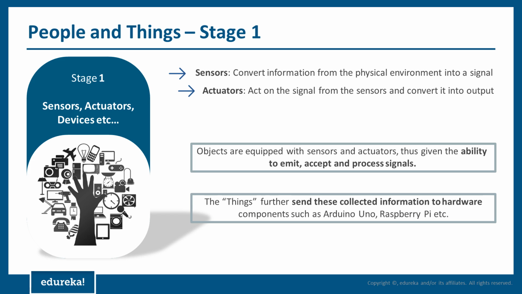And what is an actuator? It acts on the signal from the sensor and converts it into a digital sort of an output. So most of the time you'll see sensors and actuators are combined into one entity, and largely this term is used interchangeably. So objects are equipped with sensors and actuators, thus given the ability to emit, accept and process signals. Just like I took an example of a thermistor. So any other such thing that comes to your mind, something similar to a thermistor, which converts physical environment information